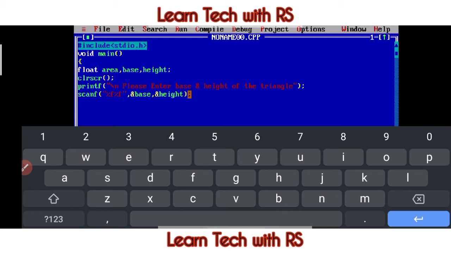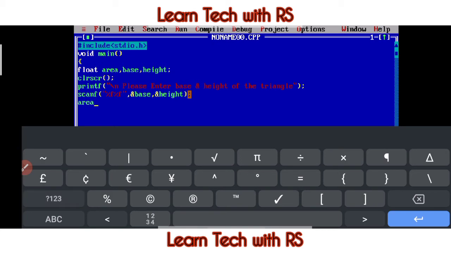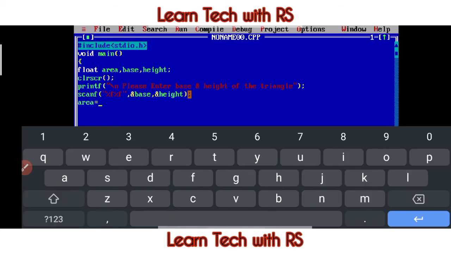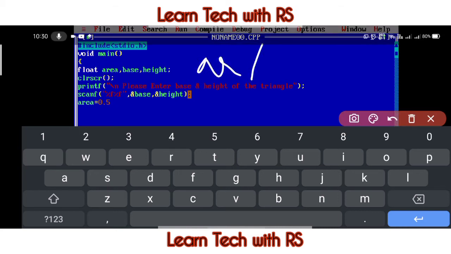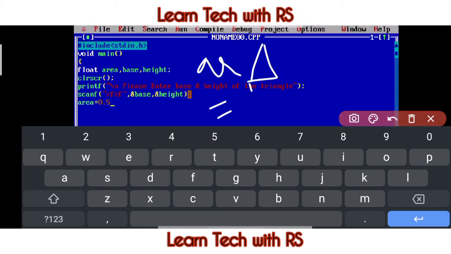then after that you write area equal to 0.5. 0.5 was what? Half into base into height. We know that area of a triangle is equal to half into base into height, right?